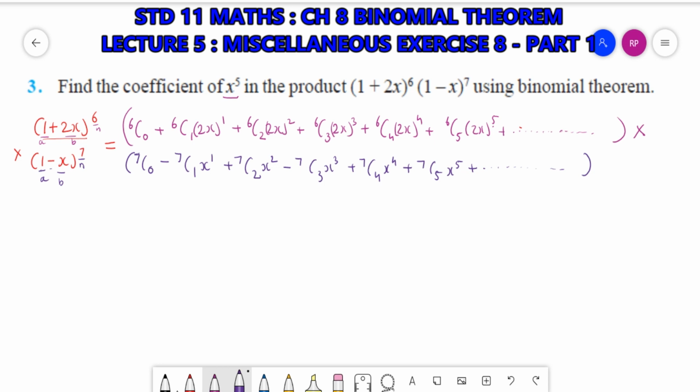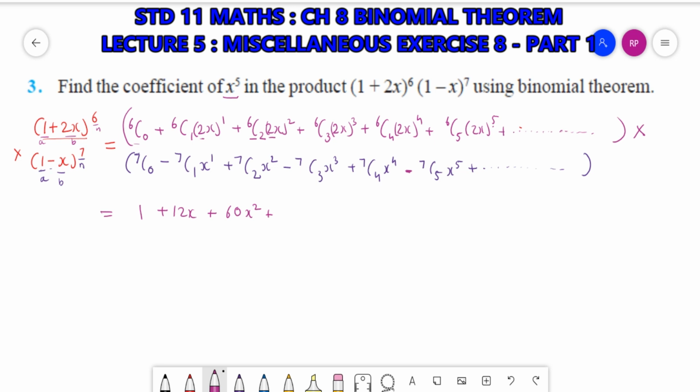Okay, so now this will be equal to 6C0, that is equal to 1, and one mistake here. Here there will be a minus sign. Okay. Now 6C1 will be equal to 6 into 2, 12. So 12x plus 6C2, it will be 30. 6 factorial upon 2 factorial into 6 minus 2, that will be 30. 30 into 2 will be equal to 60. You can solve it in rough. x square plus